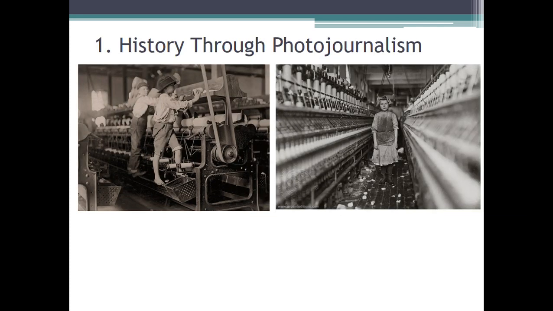So it said, what do you find unusual? Why do you think these images were helpful in the fight against child labor? Well, you could have said something about how young the kids are, how this kid has no shoes on, how they're working with the dangerous machinery. Anything like that. We would not expect to see this in factories in America today.